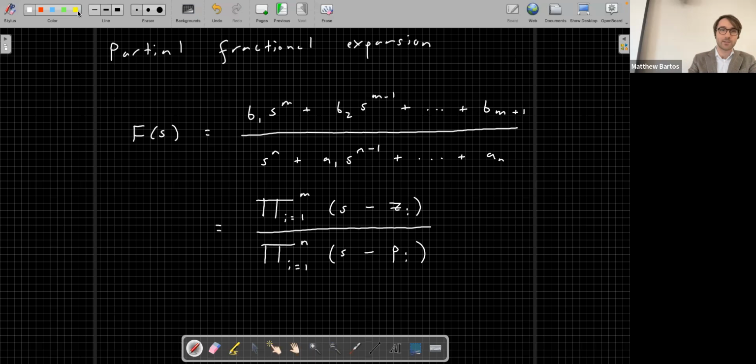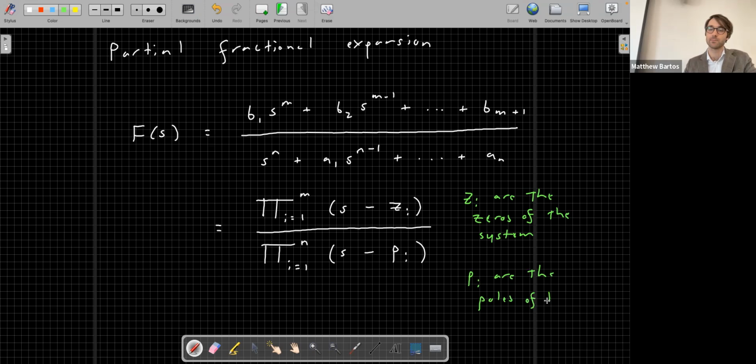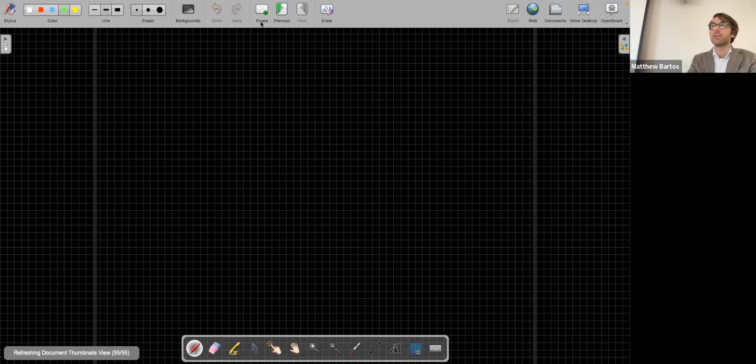So let me just write this out, because we'll be using this terminology later on. Zi are the zeros of the system. Okay, so these are the roots of the numerator. Pi are the poles of the system. And you'll see in subsequent lectures why they are called that. But essentially zi are the roots of that numerator, pi are the roots of the denominator. Okay. If you have roots that are distinct,